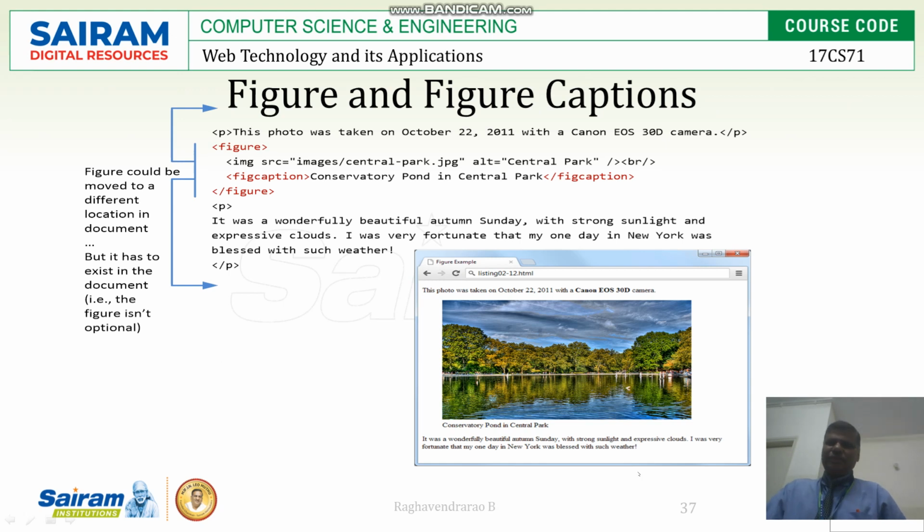We have already seen this one. Again, it is being repeated here. The paragraph is there. This particular paragraph is going to be written here on the top. Figure is now being used. And figure caption, this is another one. If you write figure caption directly, it is going to be considered